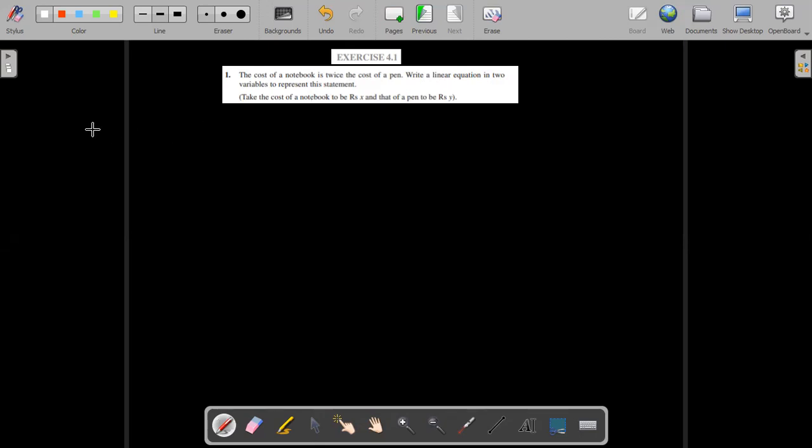In every condition you will find x and y. Here it is based on cost of notebook and cost of pen. So let rupees x be the cost of a notebook